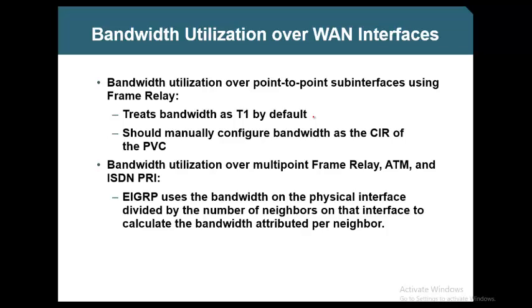If the physical interface is 100 meg, definitely the sub-interface is not 100 meg because it's a portion, a part of the physical interface. So definitely it cannot be 100 meg. But the problem is,